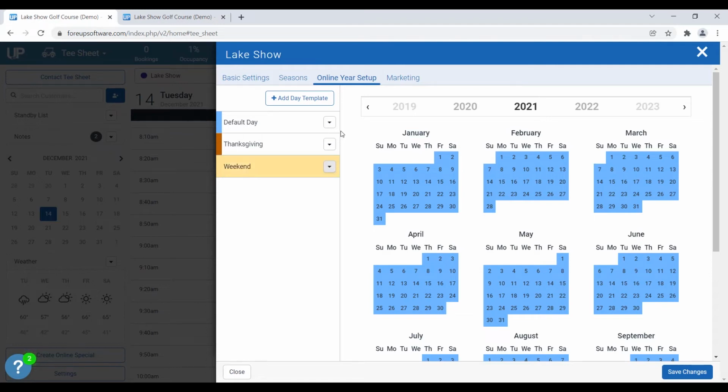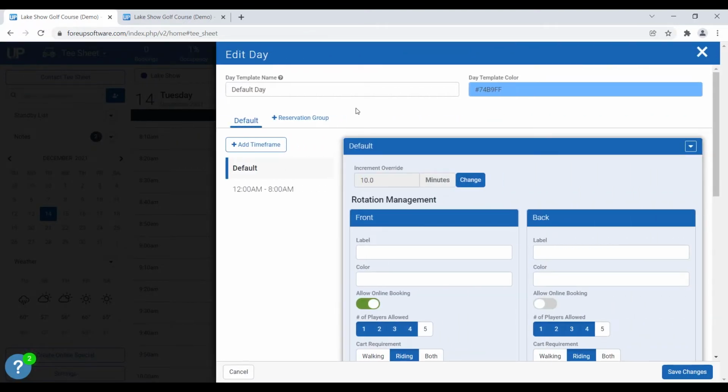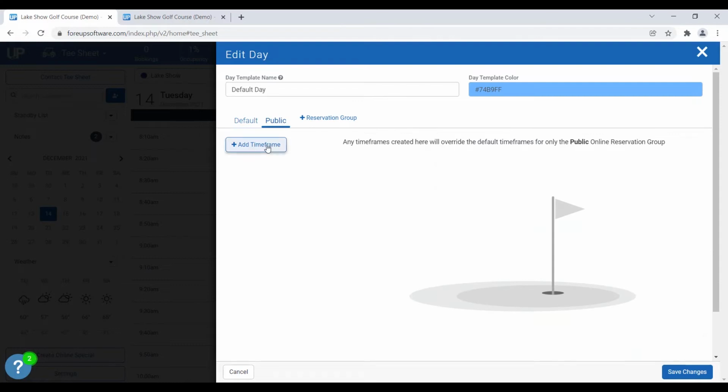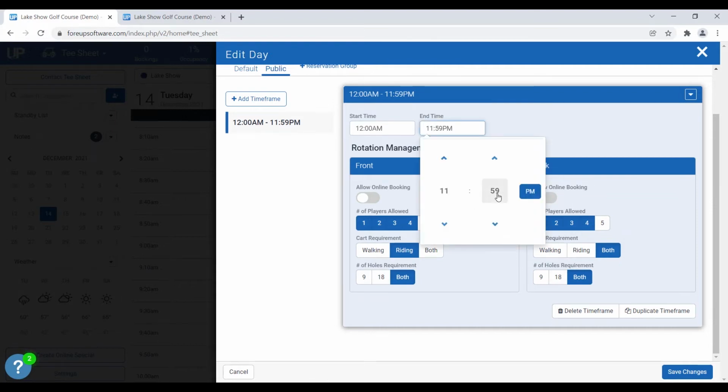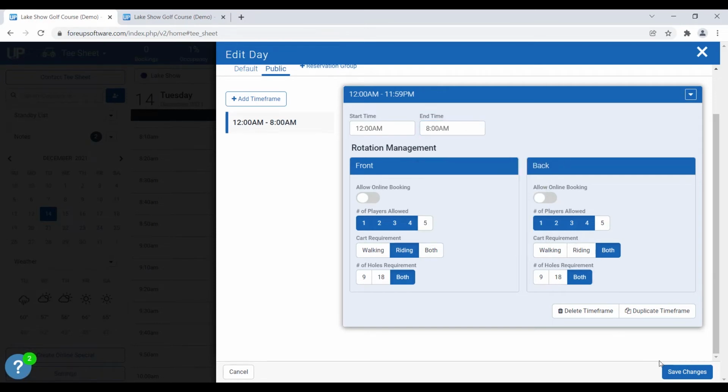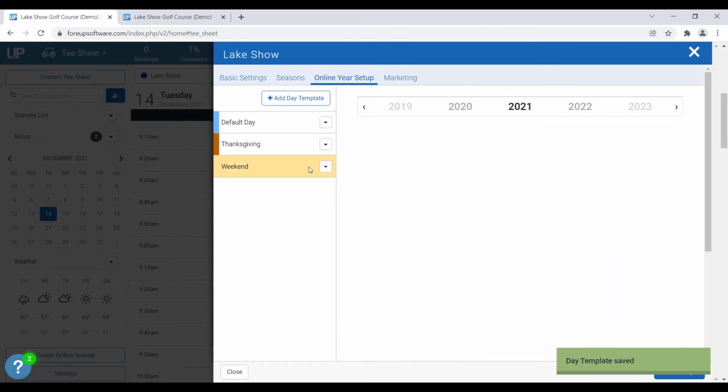and we're going to set those restrictions per the day templates. So we're going to hit edit day template, and we have our reservation group button right here. So we add a reservation group, and remember we are restricting the public reservation group, so we have to apply it to the public. So we say public, add a time frame, and this is where I say I don't want to allow them to book online for the front or back between this time frame. So I'm going to set the time frame for the first 2 hours on the weekday, hit save changes, and then go over to the weekend,